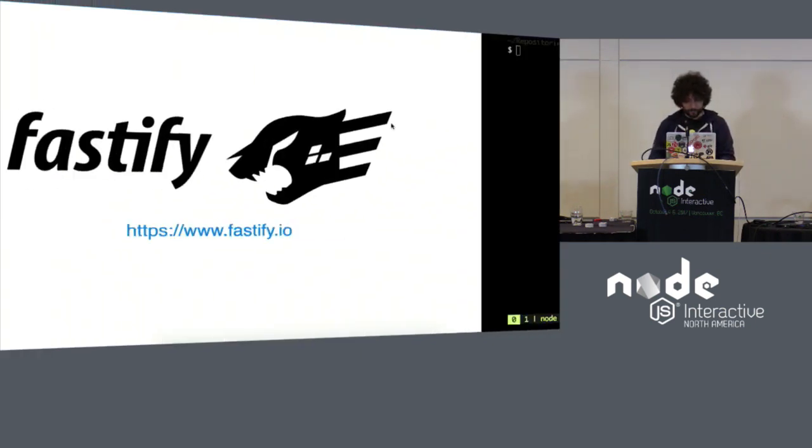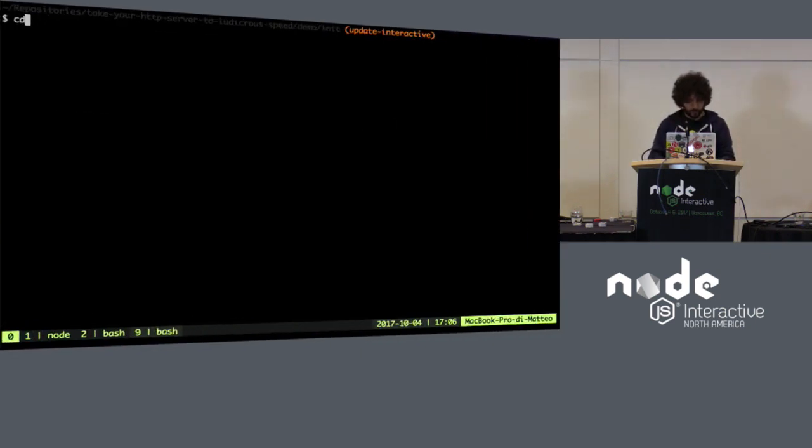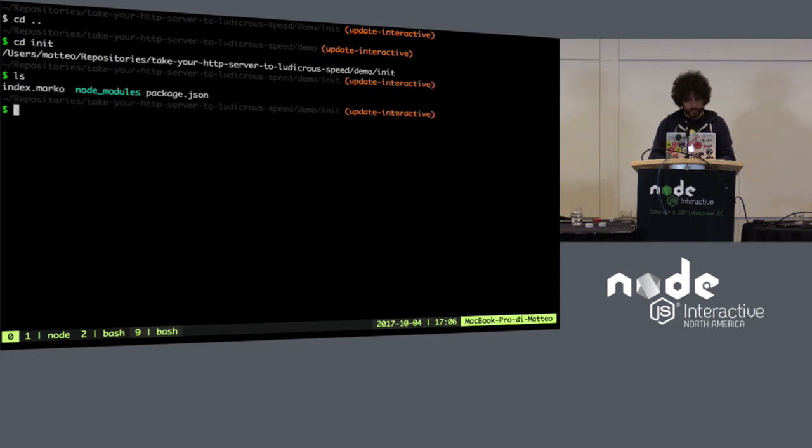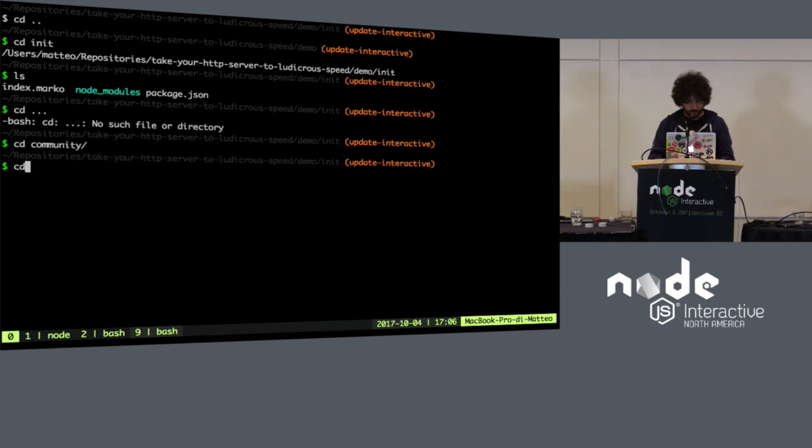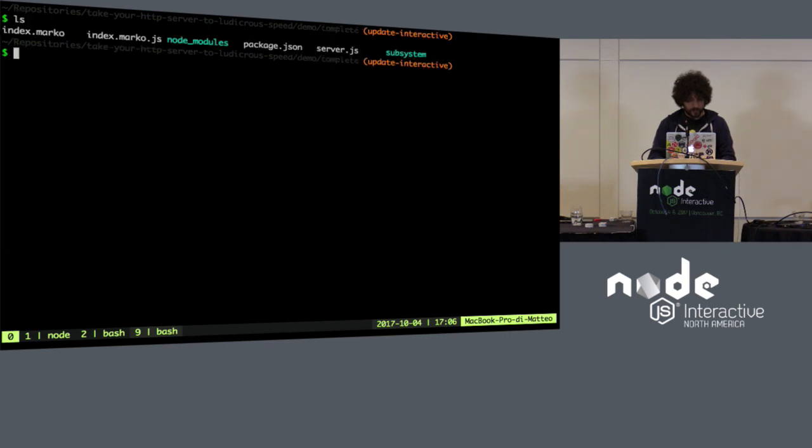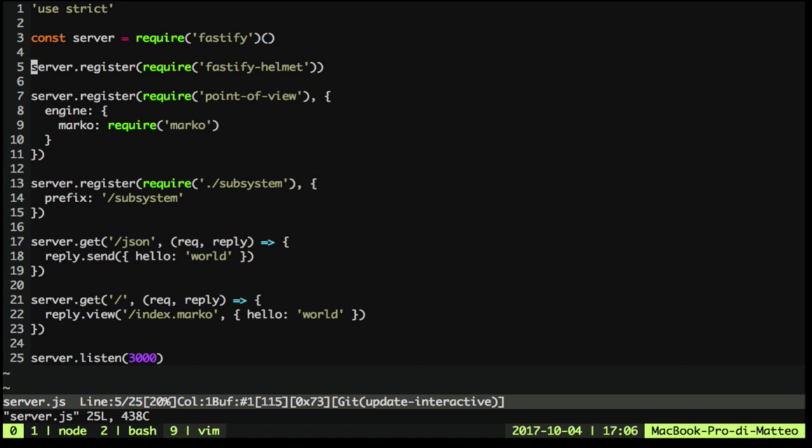So I will go through a demo very quickly with you. Okay. Well, I'll go to the complete version of the demo. And I'm a little bit late. So this is a server that I wrote using Fastify, okay? And in Fastify we can register a plugin, okay? That's what we do. We register plugins, and we can specify,